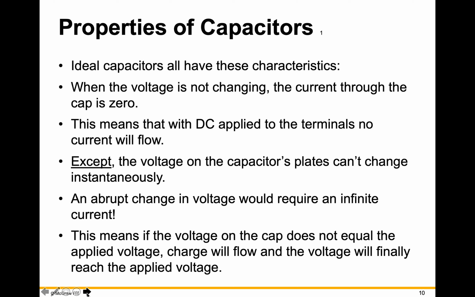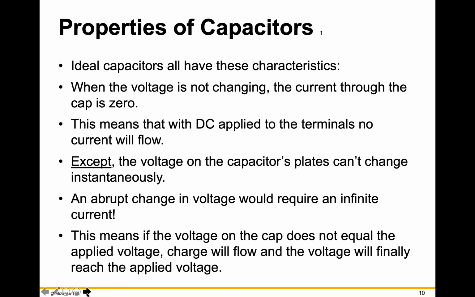Okay, so in circuits, we're going to start with an ideal capacitor. What the ideal capacitor means is that the elements in the capacitor are perfect. So the metal is a perfect conductor and the dielectric is a perfect insulator. So that's going to mean 2 things. First of all, it's going to mean when the capacitor is under DC conditions, there's no current that flows through the capacitor. So if the voltage isn't changing, basically the voltage sits there on the capacitor, the current is 0,